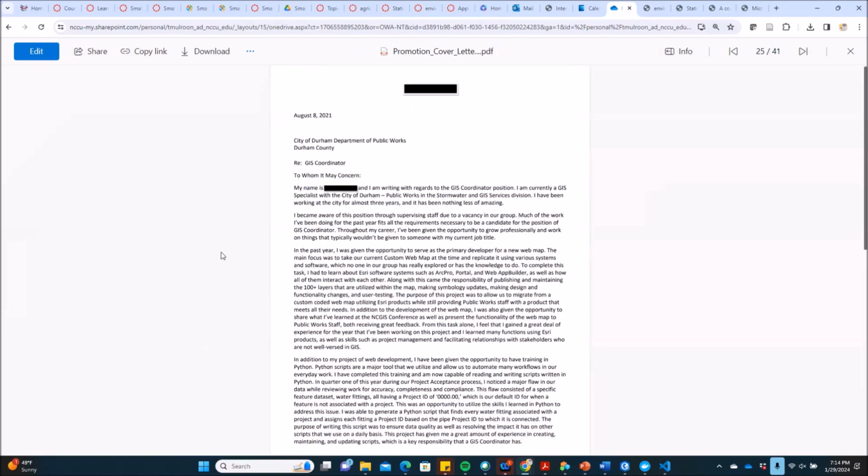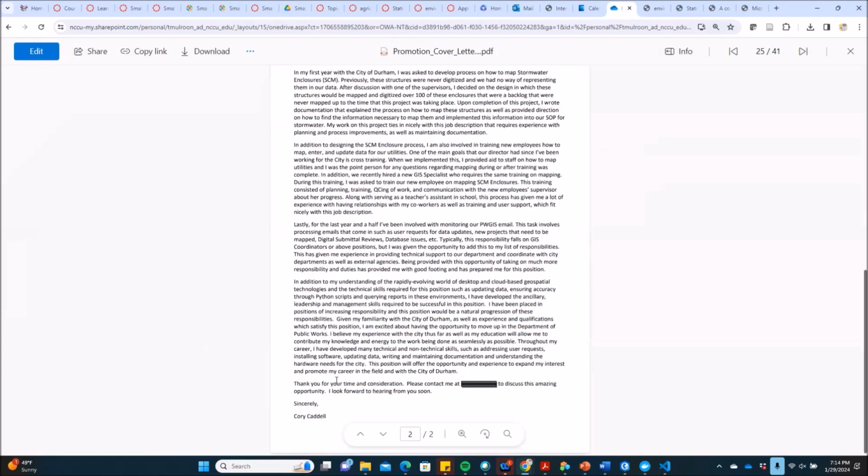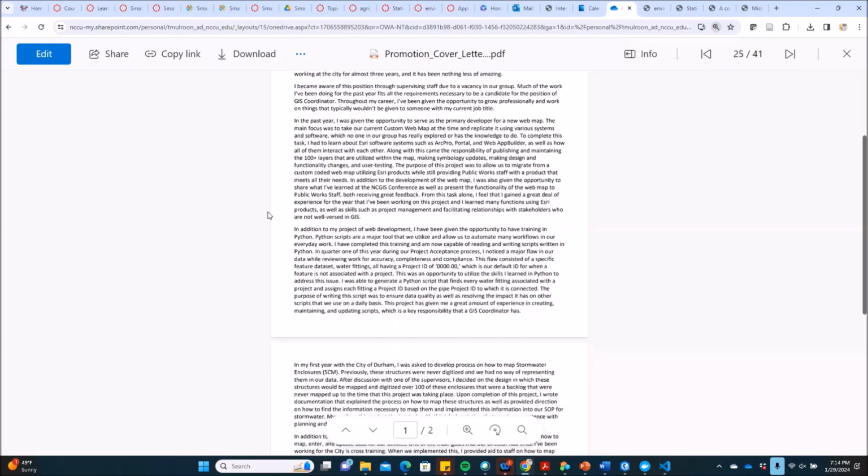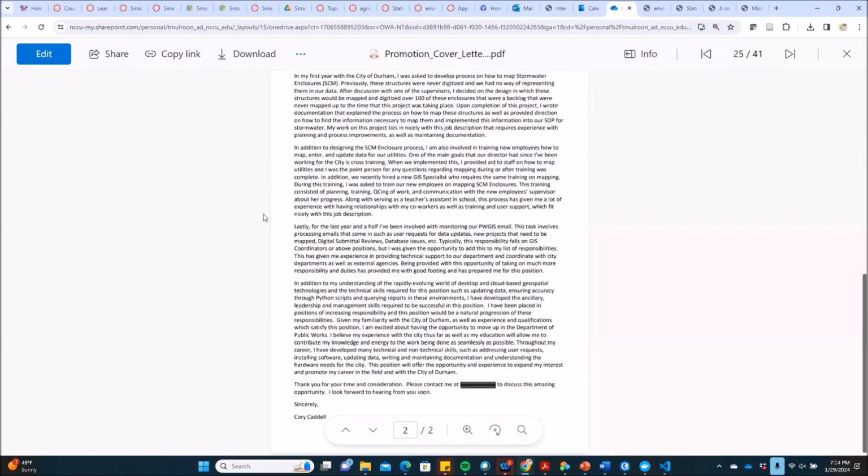And once again, you can see some of the... I guess I put his name down here, but I didn't erase it up at the top there. But he applied for a promotion here, and you can see some of the cover letters here. So as internship season comes up, feel more than free to utilize some of these so we can get